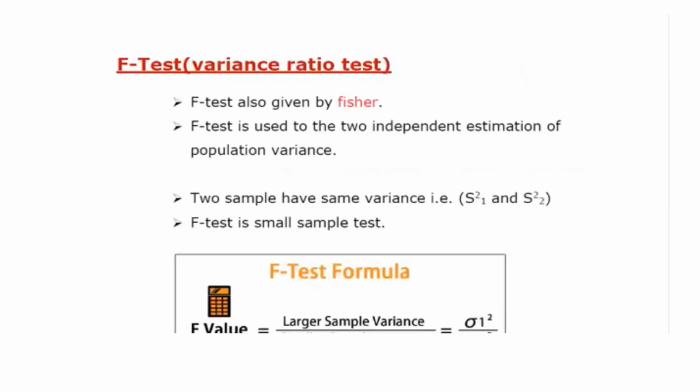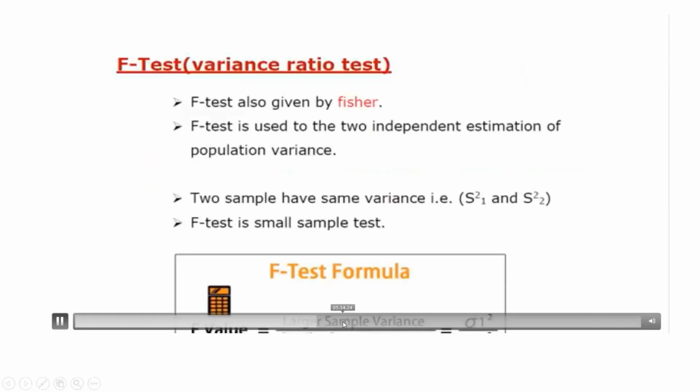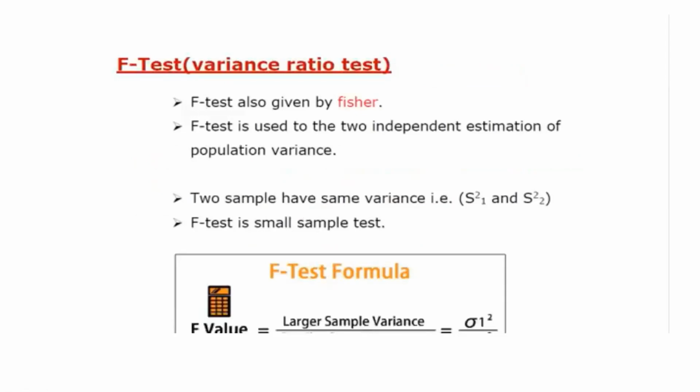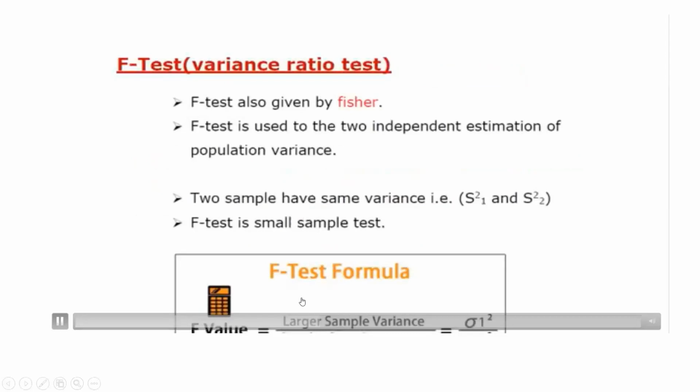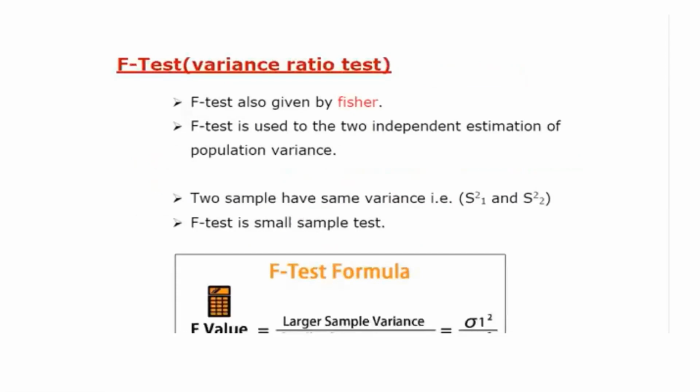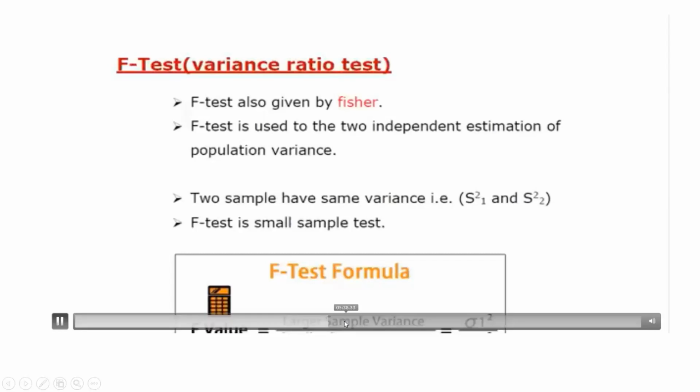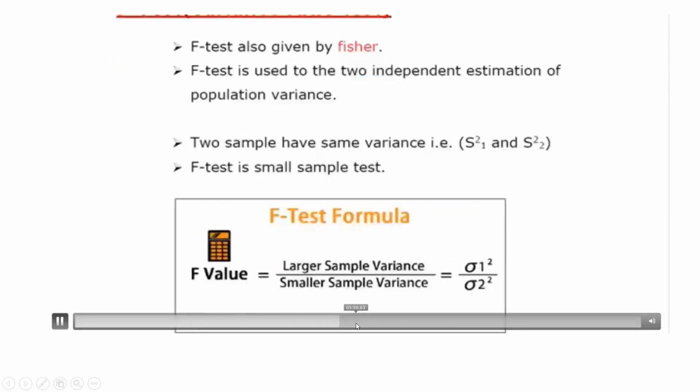नाउ फ्रेंड्स, हमारा जो तीसरा टेस्ट है वो है एफ टेस्ट, जिसको हम वेरिएंस रेशियो टेस्ट भी कहते हैं, या सिंपल कह सकते हैं कि हमारा अनोवा है। अनोवा में हम एफ की वैल्यू निकालते हैं, एफ क्रिटिकल या एफ टेबुलेटेड। बेसिकली एनोवा को ही हम एफ टेस्ट कहते हैं। अगर आपने एनोवा नहीं पढ़ा है तो मैं डिस्क्रिप्शन में डाल दूंगा, आप वहां से देख सकते हैं।